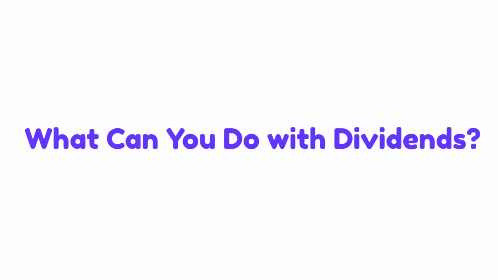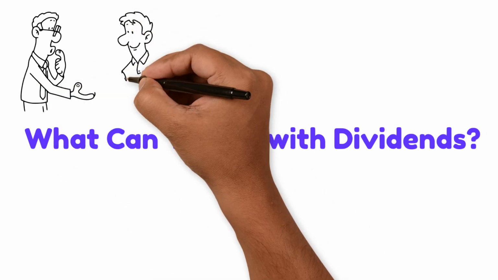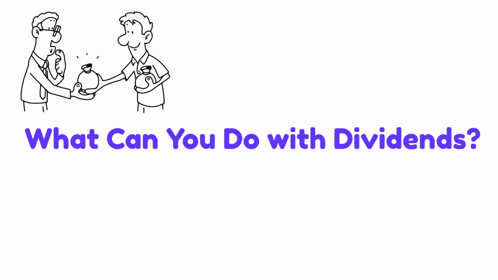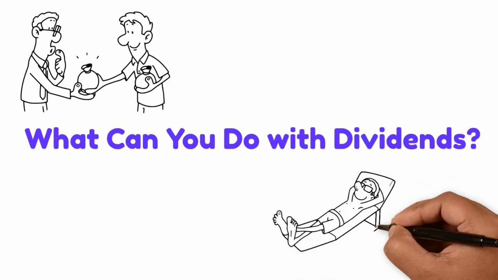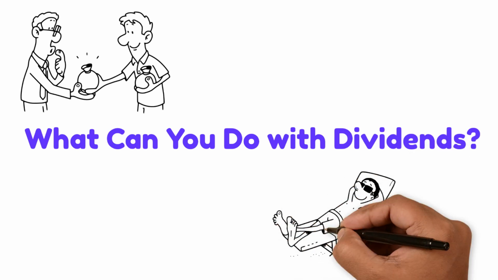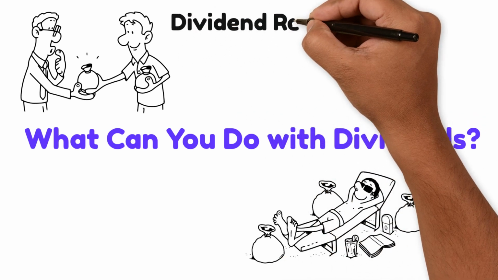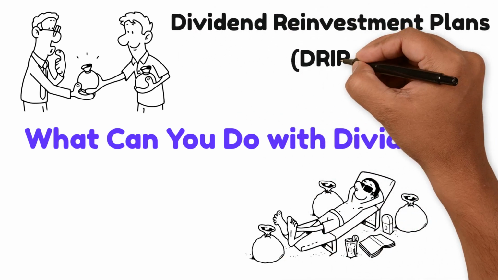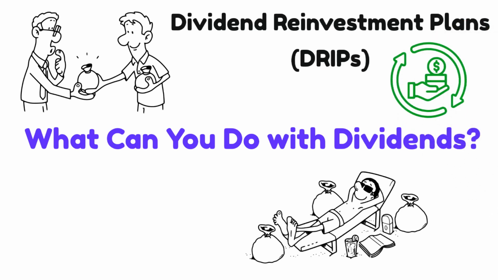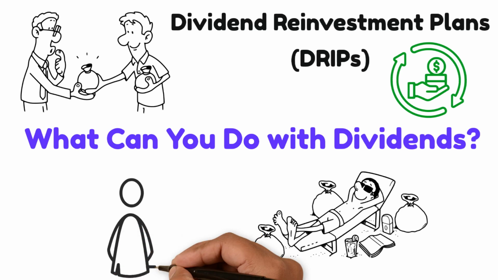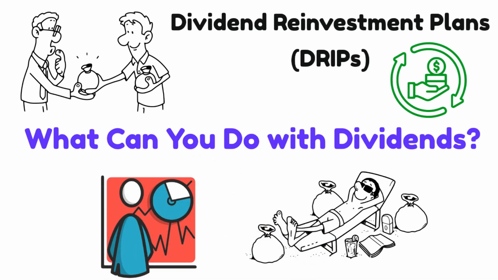What can you do with a dividend? Upon receiving dividends, investors have various options based on their financial situation and goals. Keeping dividend payments can align with certain investors' financial objectives, providing recurring cash flow, particularly for retirees and businesses. Investors seeking continued growth can reinvest dividends through dividend reinvestment plans, also known as DRIPs, which enable the purchase of additional shares over time. Dividend stocks play a crucial role in a well-balanced portfolio, offering both income potential in the short term and opportunities for long-term growth.